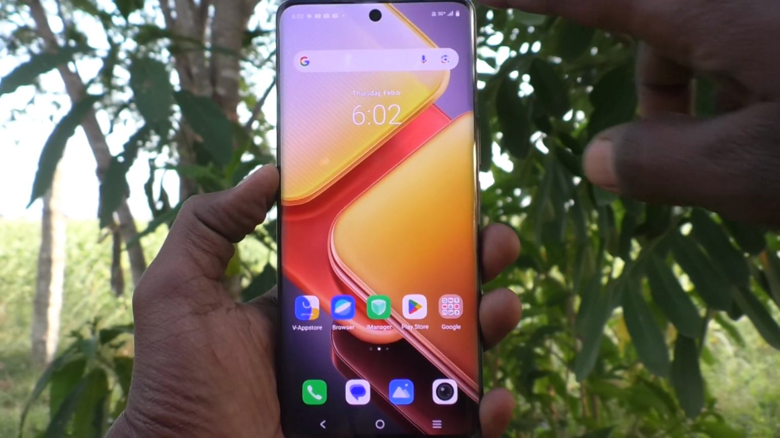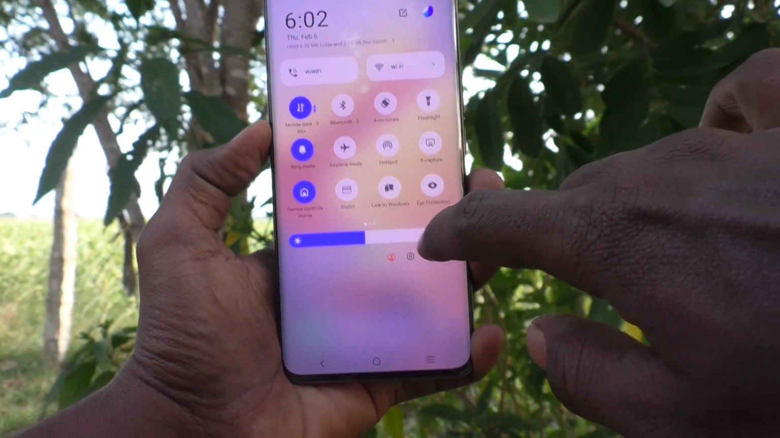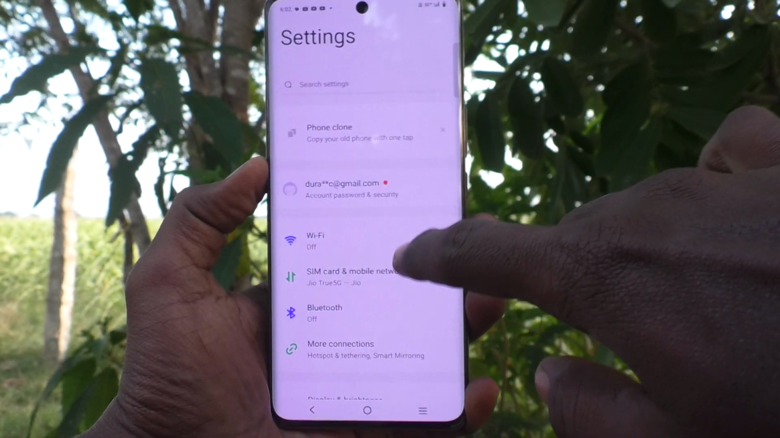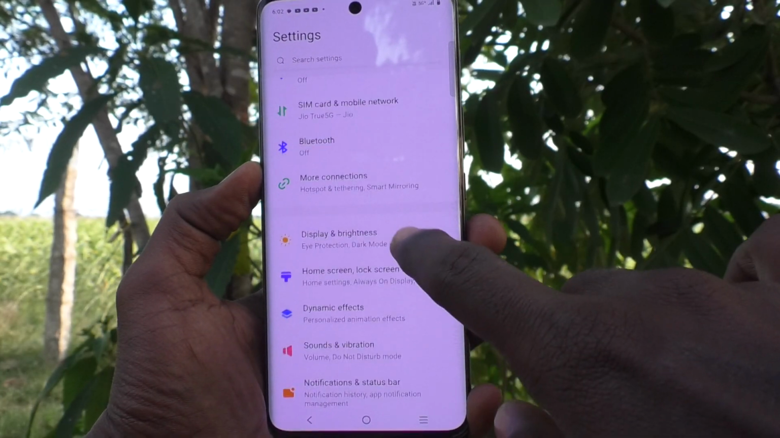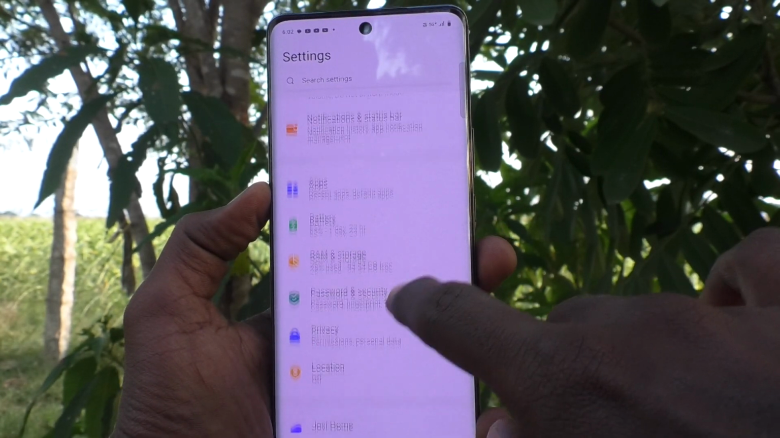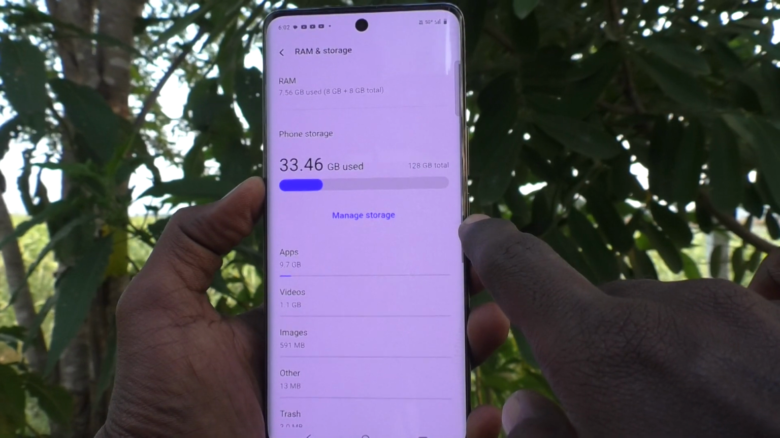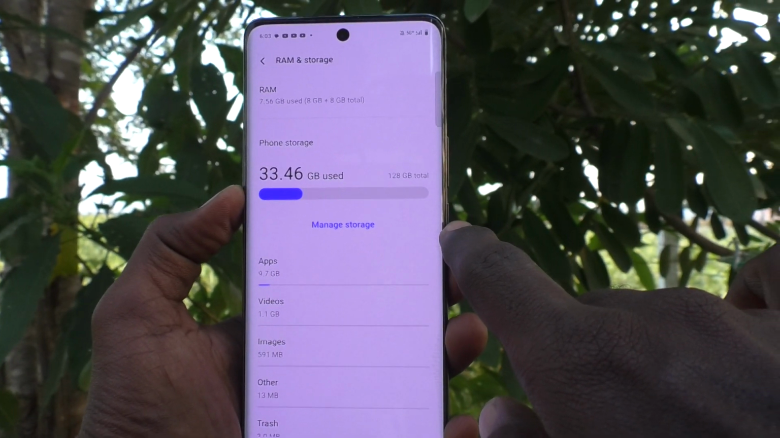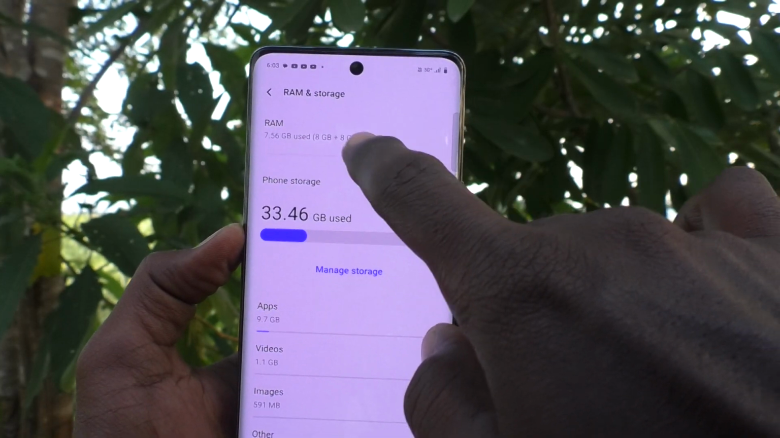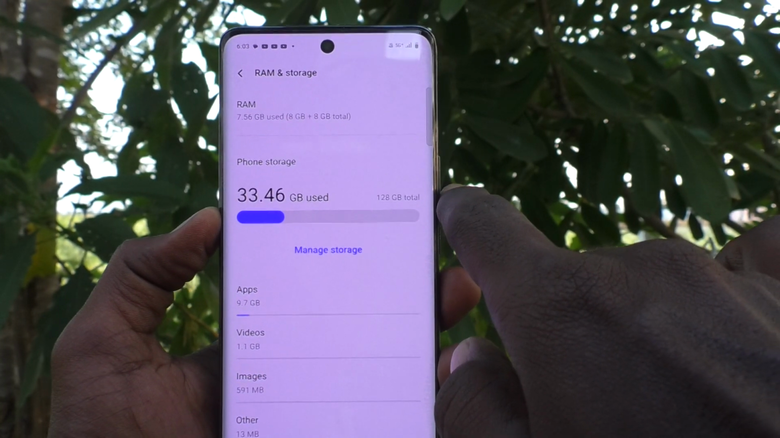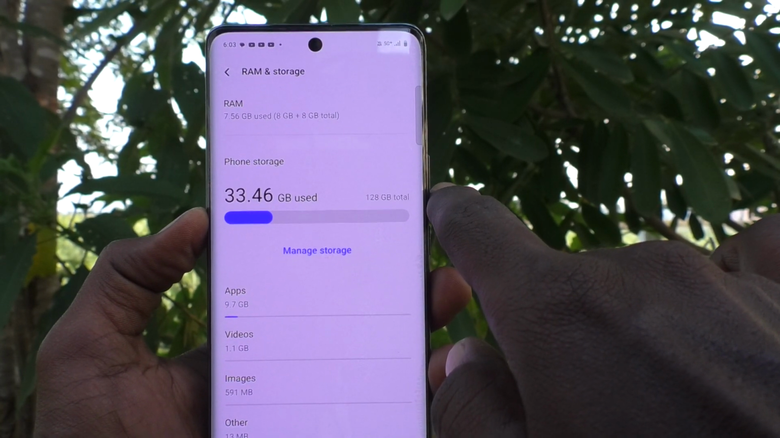First one is go to the settings of your phone. Go to settings, okay. Then go to RAM and storage here, okay. Just click on it and here you will find RAM value. RAM value here is given 8 GB, okay. So 7.5 GB